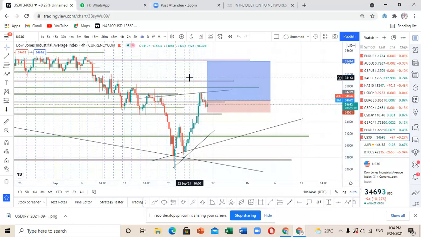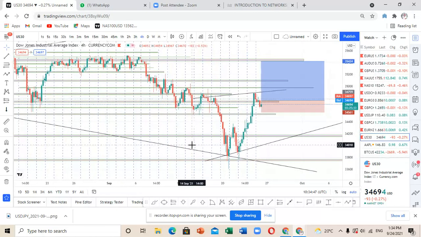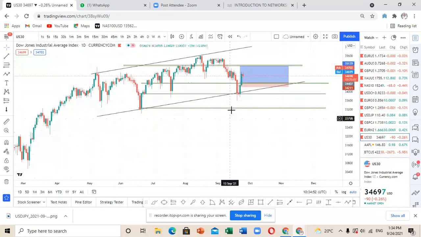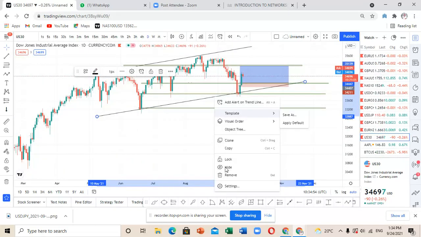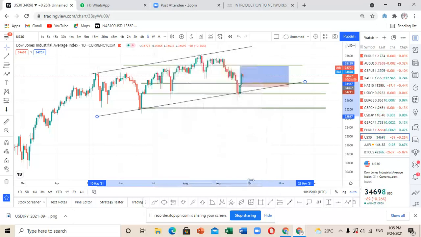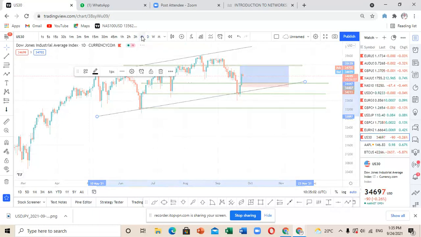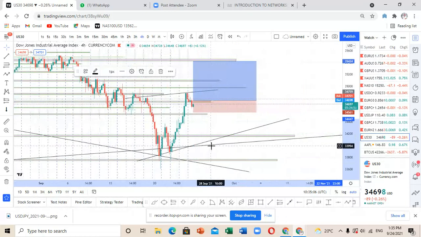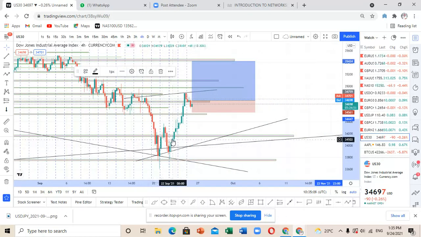So I think we're going to remove that so that you can have a clear view, and also I'm going to remove that. Yeah. So you can see that in the downward trend, so let me transfer the trend line that I've just corrected here to move into the 1 hour time frame, so that you can have it at that particular area. So this is the trend line that I was analyzing. So you can see that trend line. So what we are expecting, since